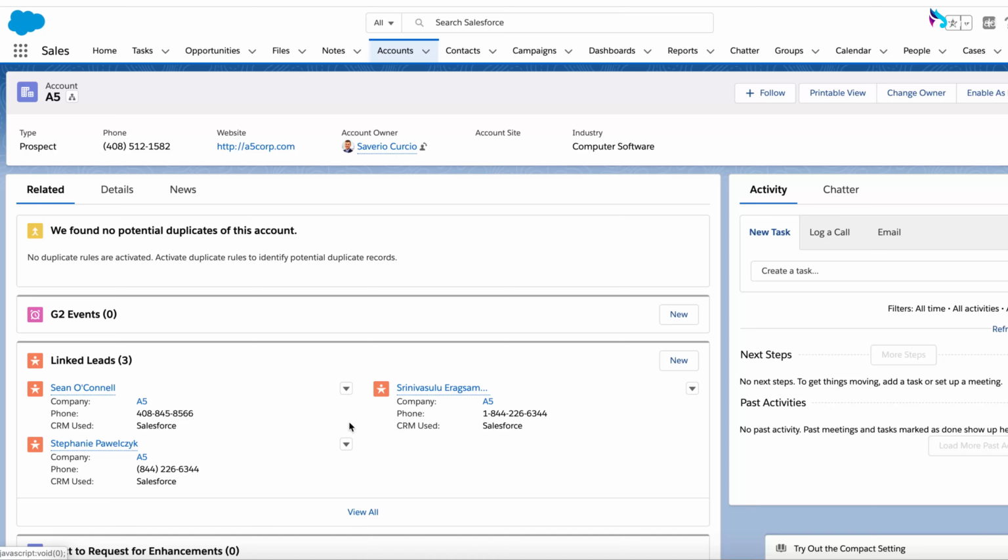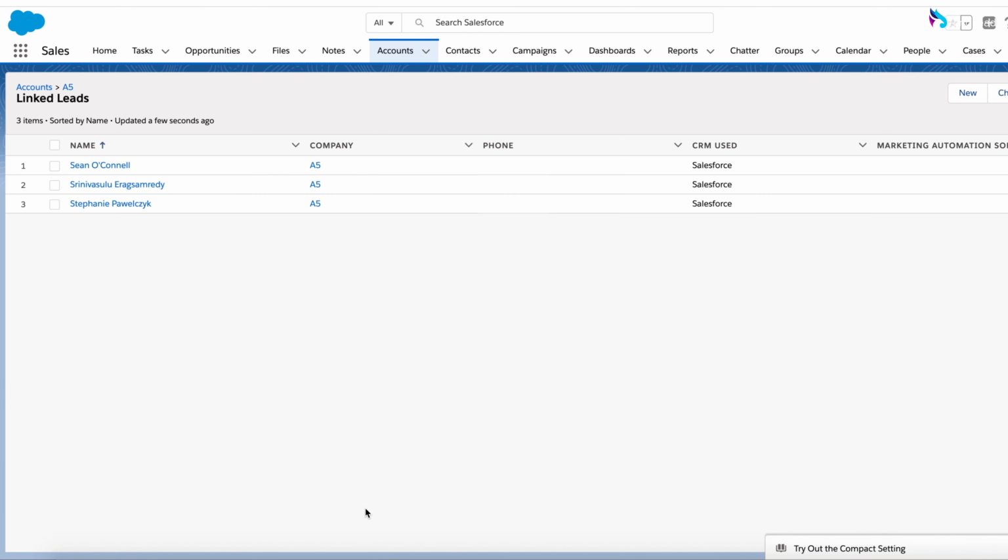Benefit number 3, all leads linked to an account can now be seen from the account object. This will allow your sales team to be able to reach out to multiple decision makers within an account without having to struggle to navigate through Salesforce to find all of these leads that are associated to one particular